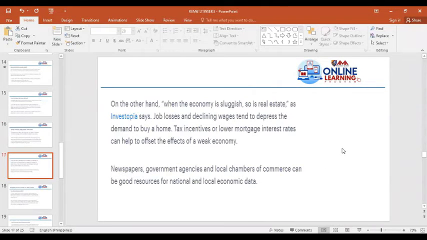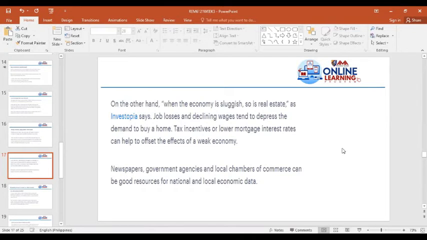On the other hand, when the economy is sluggish, real estate investigators say that job losses and declining wages tend to depress the demand to buy a home. Tax incentives or lower mortgage interest can help to offset the effects of a weak economy. So if our economy is sluggish, there is an effect on buying real estate because